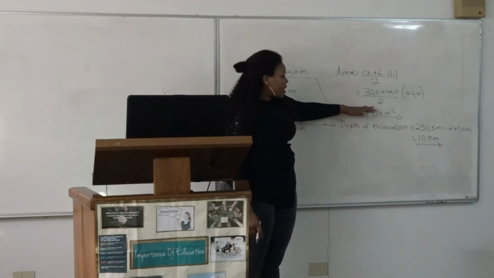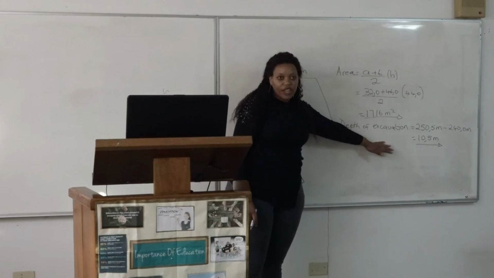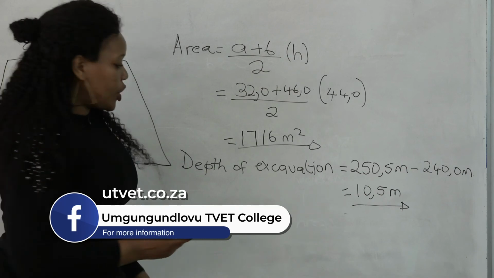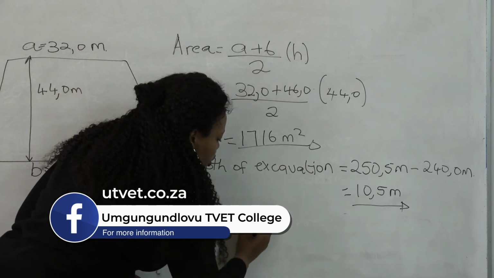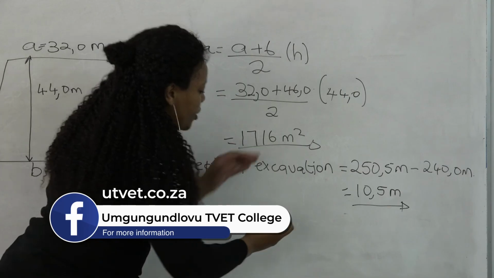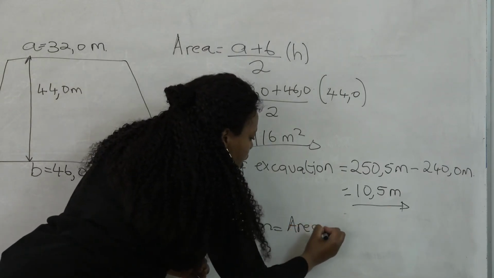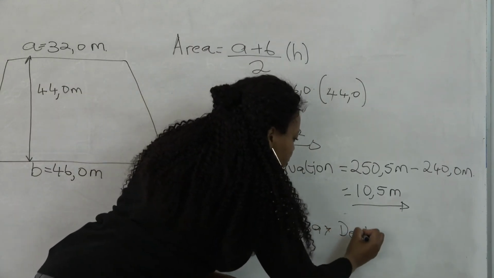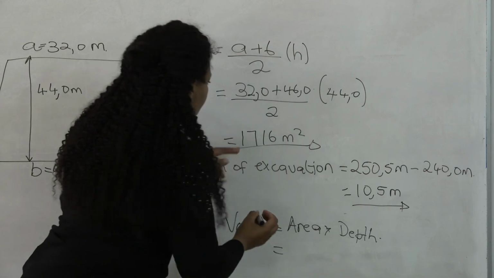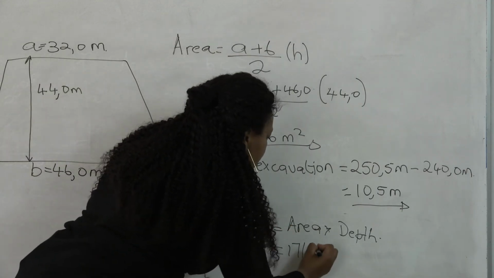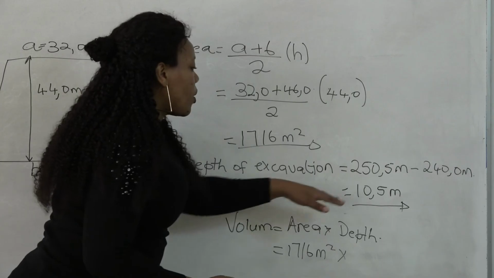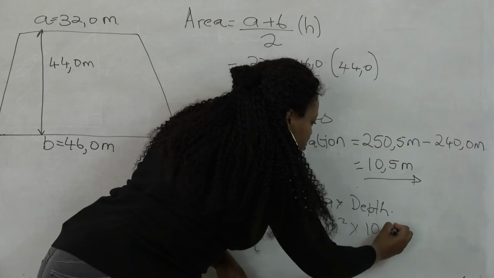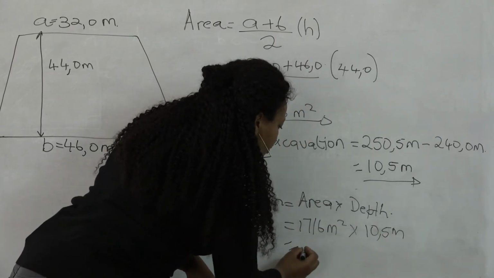Okay, we now have the area, we now have the depth of the excavation, so we can now calculate what? The volume. The formula for volume is equal to area times the depth of excavation. Our area here is 1,716 square meters times our depth of excavation, which is 10,5 meters, which will give us